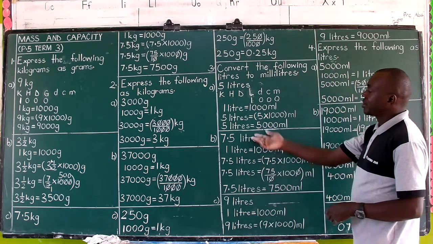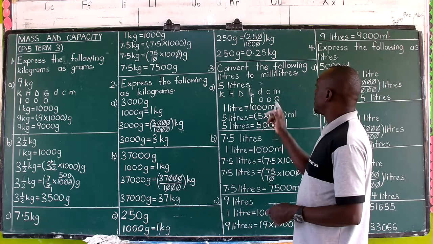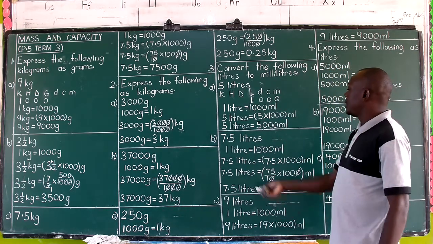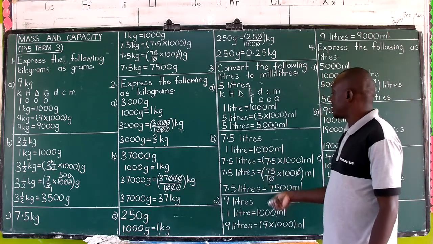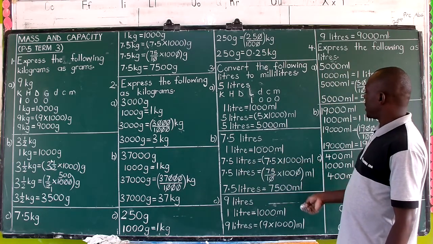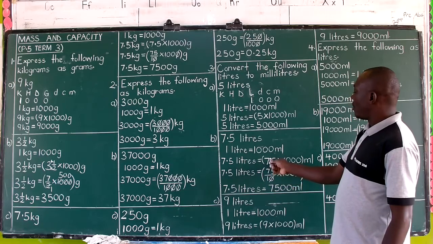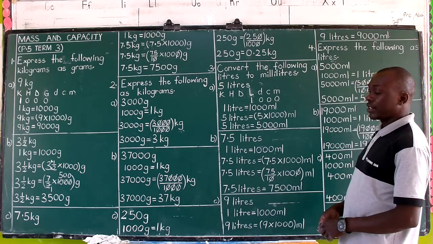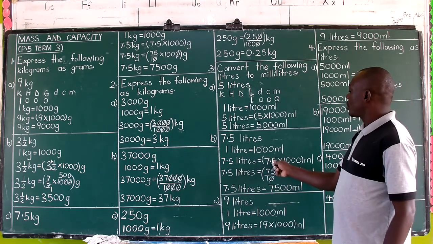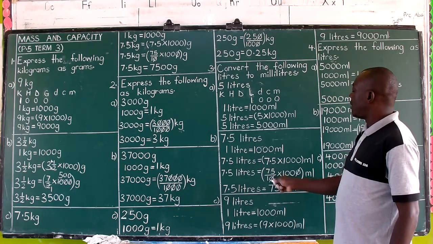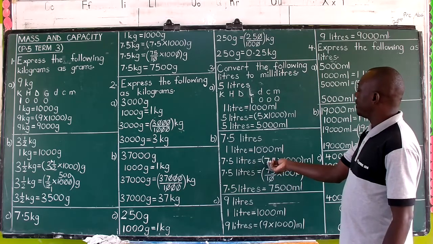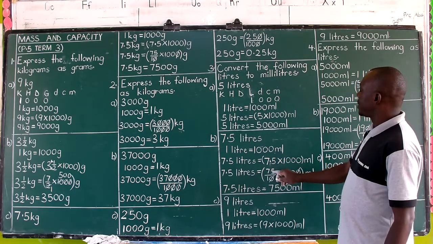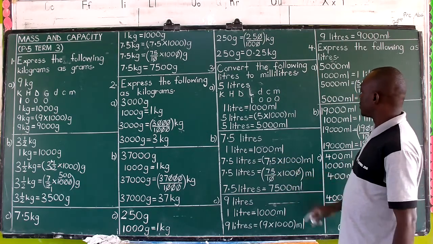What about a decimal? Convert 7.5 liters to milliliters. You still state 1 liter is equal to 1,000 milliliters. What about 7.5 liters? That's 7.5 times 1,000 milliliters. So we are converting it to a fraction of the numerator and denominator. We've got only 1 digit after the point, so we shall have 1 0 down with the 1 to make out of 10. When we eliminate the point, that is 75 out of 10, then times 1,000.